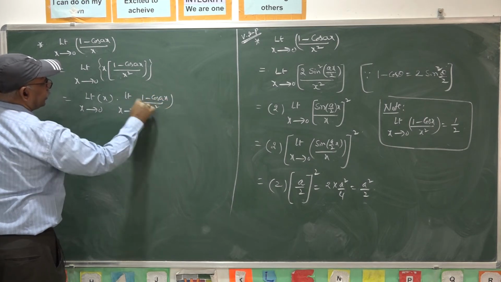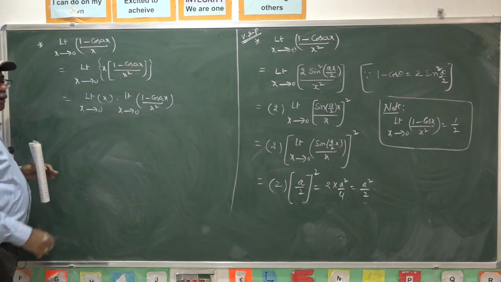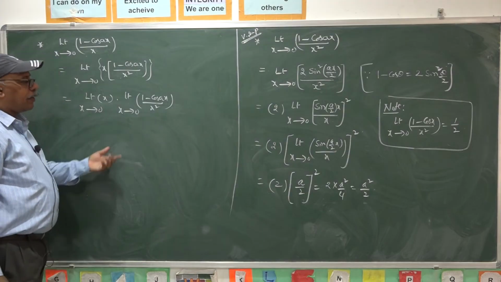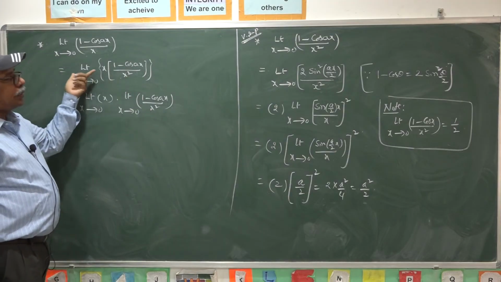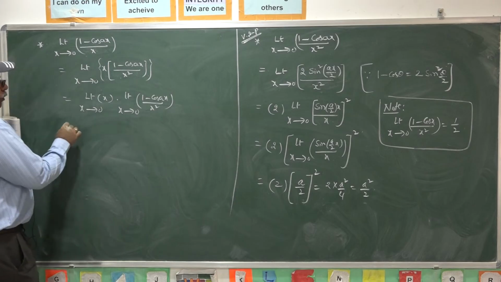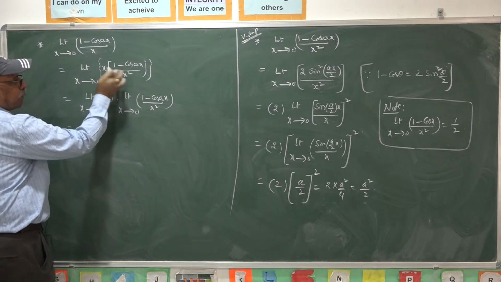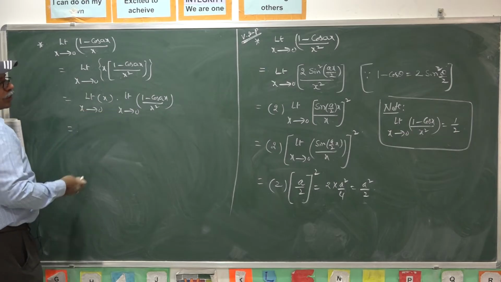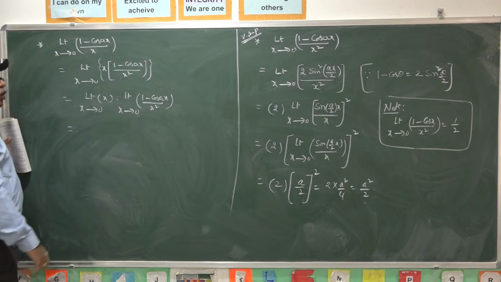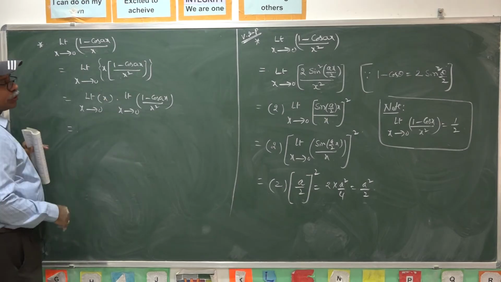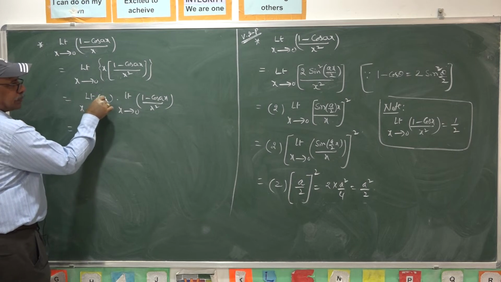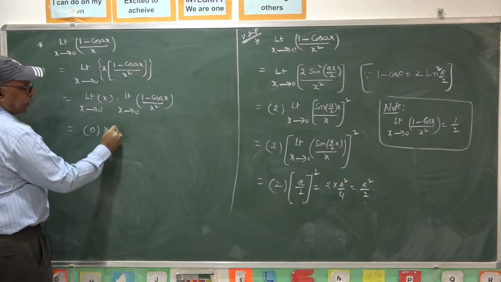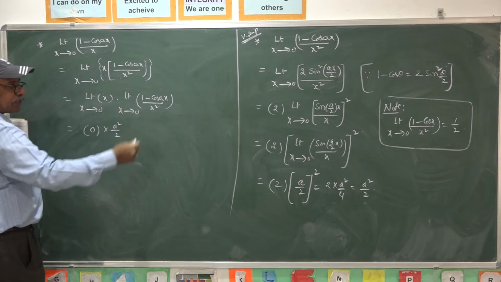Now, apply the limit to x individually, and limit as x goes to 0 of 1 minus cos ax by x square, because already we know based on this formula the limit is a square by 2, a finite value. So, hence you can apply the limits individually to x as well as this function, since the limit of the product of the functions is nothing but the product of their limits, once the limits exist. Limit as x goes to 0, x is 0, into a square by 2 as per our previous formula.